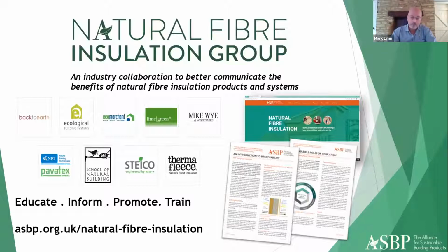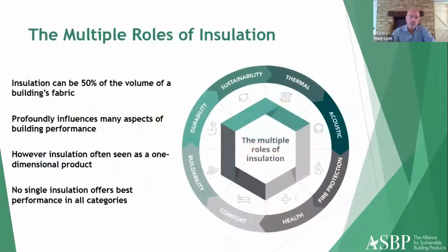I'm just going to run through a few slides in terms of the multiple roles of insulation. I appreciate this is an innovation event, so it's important that we tie the multiple roles of insulation into an innovation framework. Because I think insulation in many respects is viewed as a one-dimensional product, when in actual fact it can comprise at least 50% of the